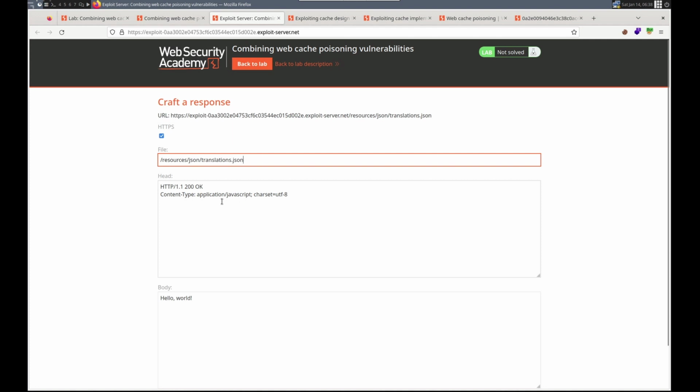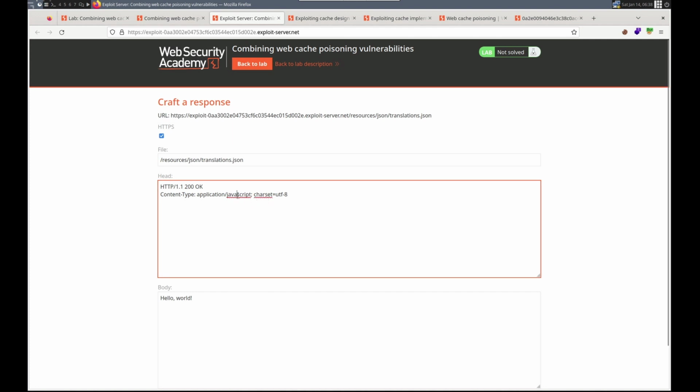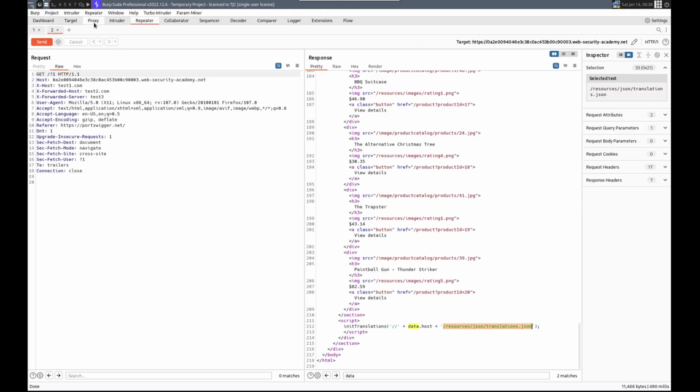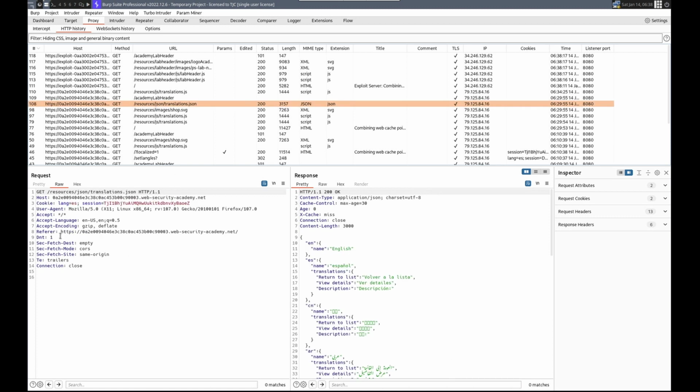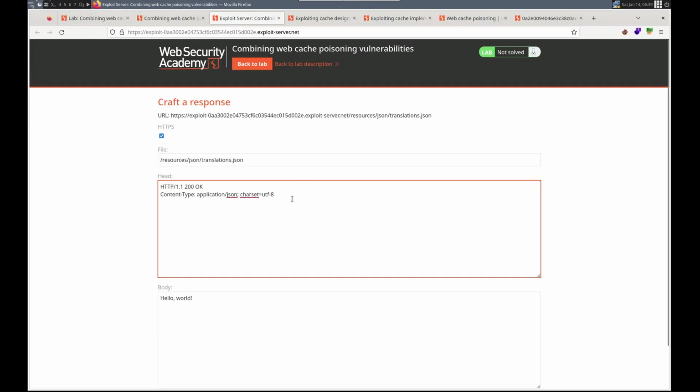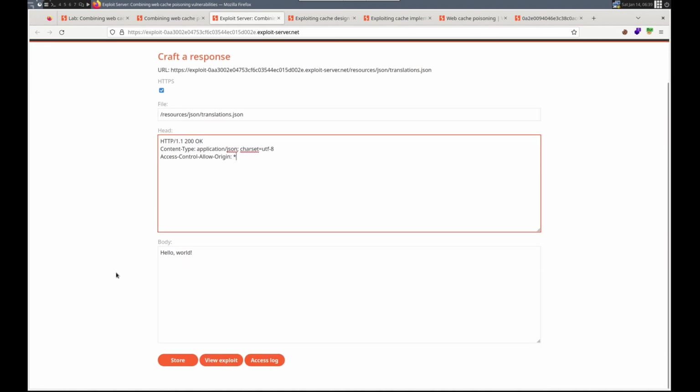Okay, so head to JSON. So we're going to need application. Is it just application JSON? Easy way to tell is by going here and content type. Yep. Application JSON. We need Access-Control-Allow-Origin also, to be asterisk, because we want anybody to be able to get this and read it, or fetch it and read it. And then our body,